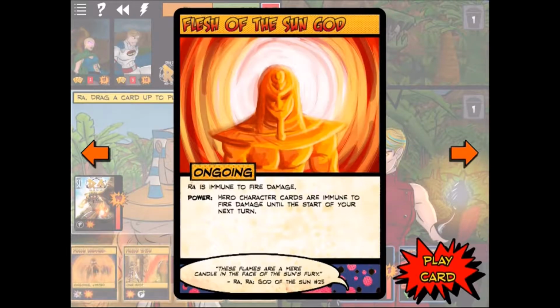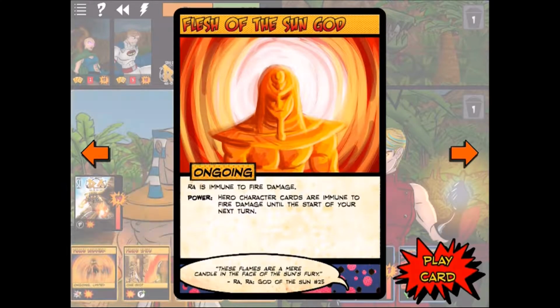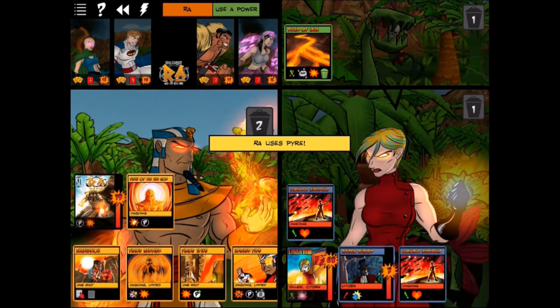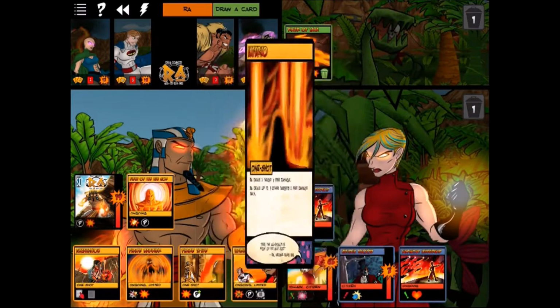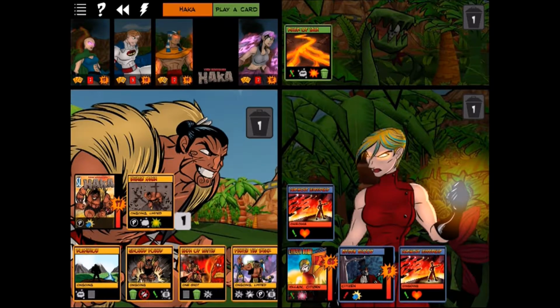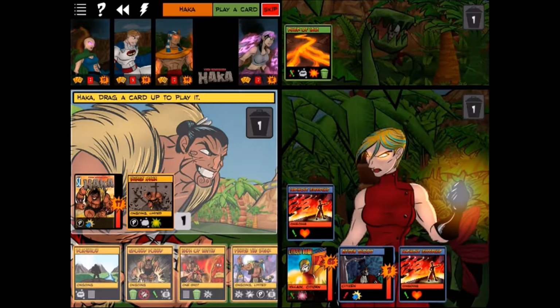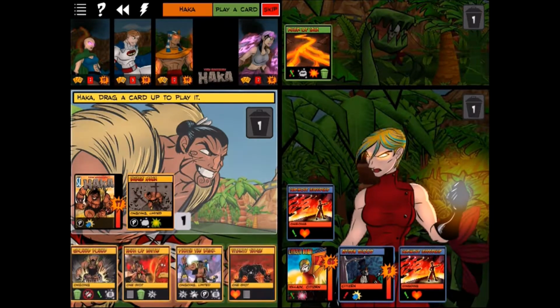Do we want to go for it? Well, I'm going to play. We'll try to see if we can go for it. So we're going to play this Flesh of the Sun God. So Ra's immune to fire damage, and then hero characters are immune to fire damage until the start of your next turn. And then he's going to use his fire attack here on Blaster for some damage, because then I can make all damage fire, and that makes all the heroes immune to fire. Okay, do we want to do a punish the... You know what? A ground pound right now would be useful. And, you know, minimize how much damage we're taking. Because we can discard...